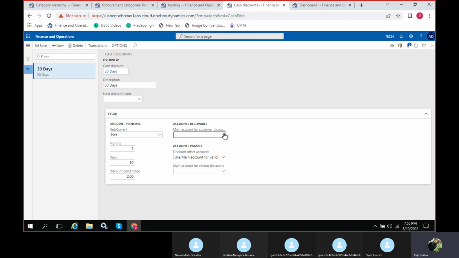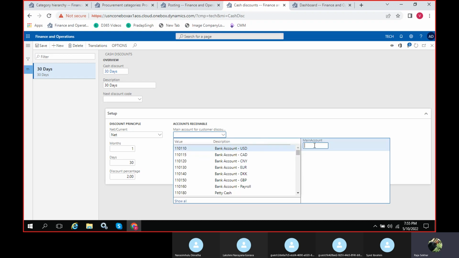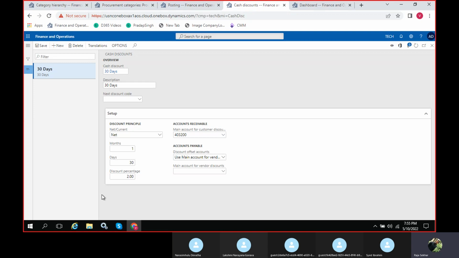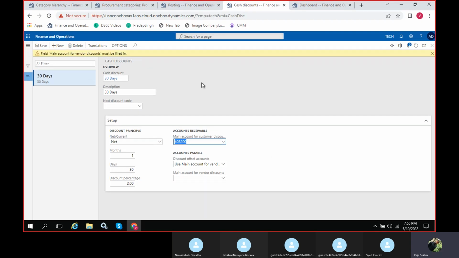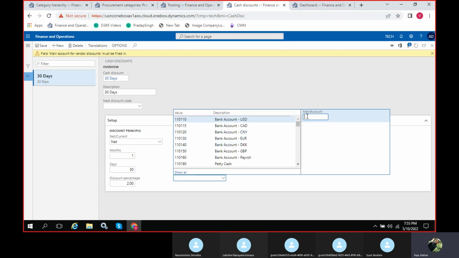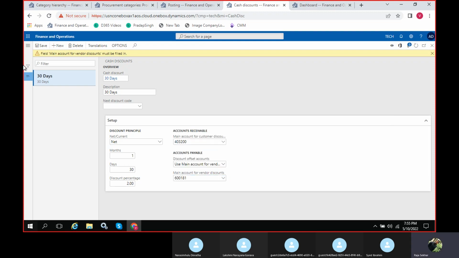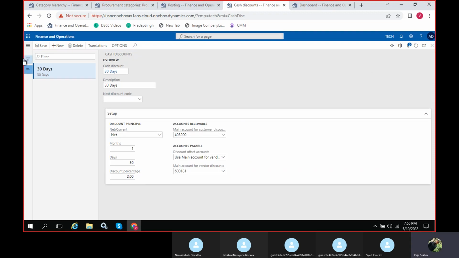There are two types of discounts, one is discount received, one is discount allowed. Allowed is what you are going to give to your customer or a client. Okay, what is it? Main account for them. Okay, so now it's okay. I have done this one.